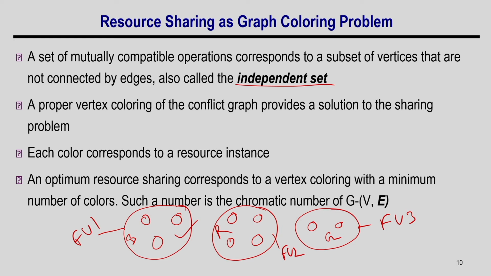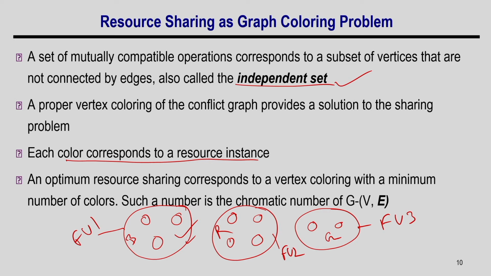Okay. So, what does it mean? And now my objective is what? My objective is to use the minimum number of colors. So, what is my objective? I try to find the maximal independent set, right. I try to find the bigger independent set, so that I can put the same color to all the nodes, right. So, this problem is now reduced to identifying the minimum colors needed. So, identifying such independent sets and you put a color to them, and each color now represents a resource, right, one unit of FU,